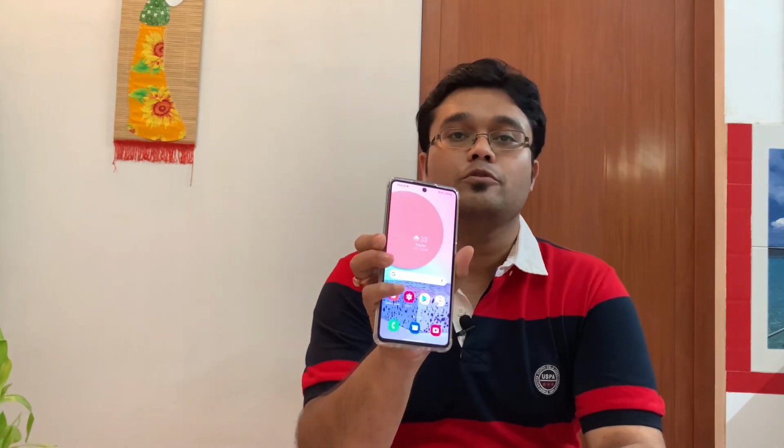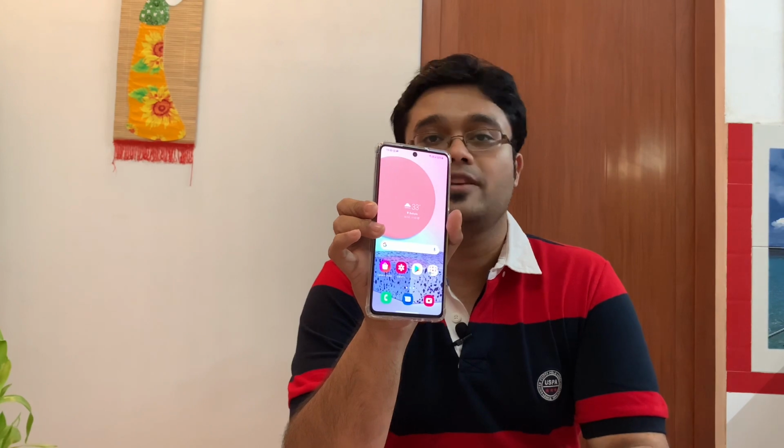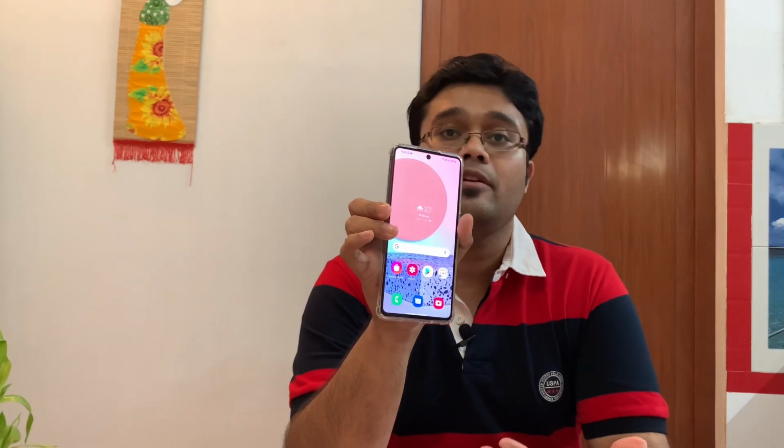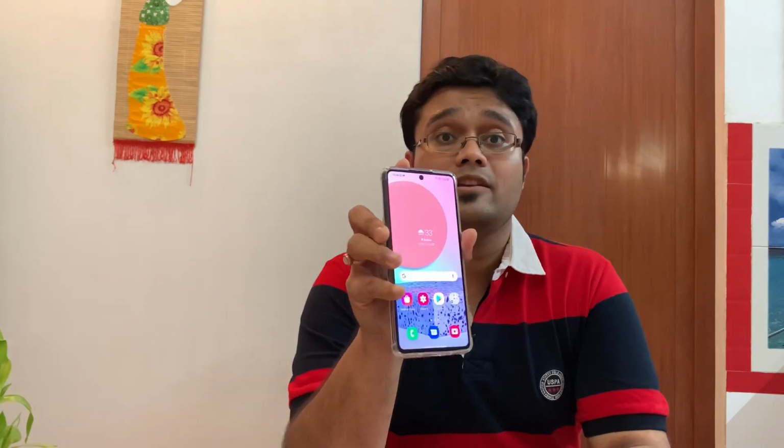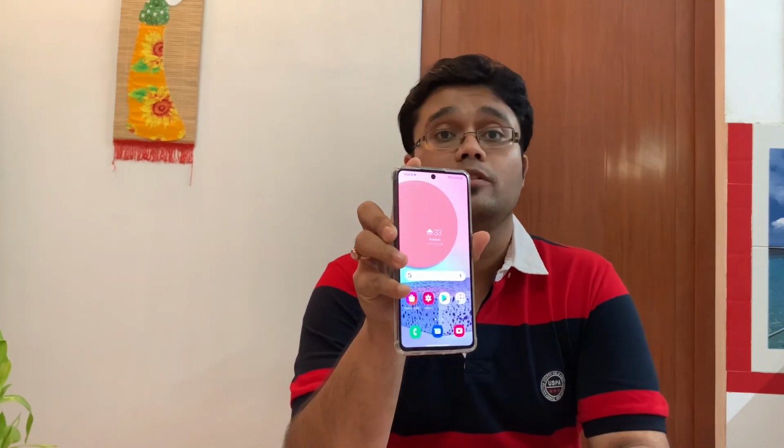As you already know, I've been using Samsung Galaxy F62 for a couple of weeks now, primarily with my secondary Jio SIM and now with my primary Airtel SIM. This phone comes with the latest and the greatest from both Samsung as well as from Google. This phone ships One UI 3.1 with Android 11 right out of the box. So today in this video, I will make a dedicated feature video for all the One UI 3.1 features you will find in a Samsung phone.